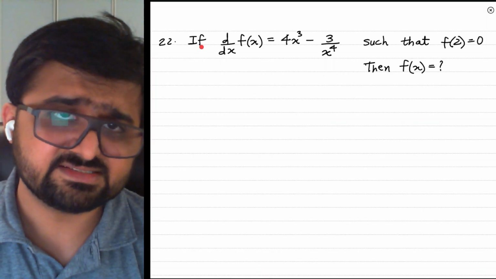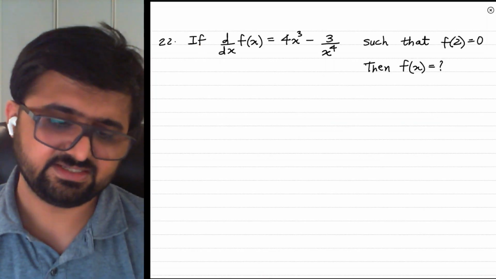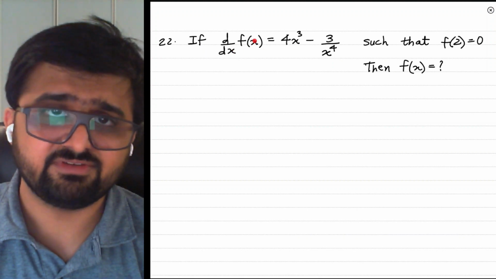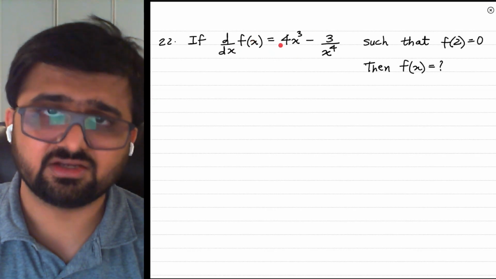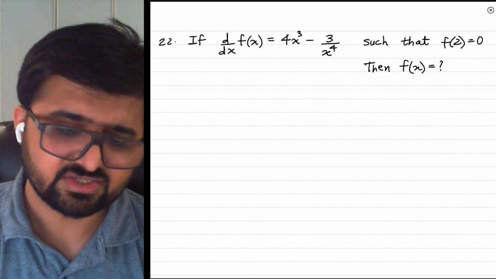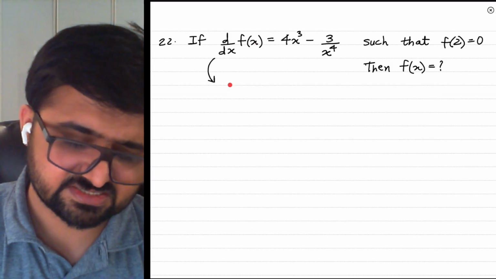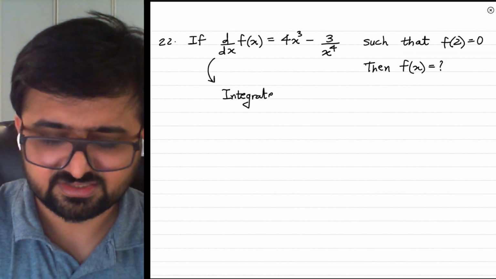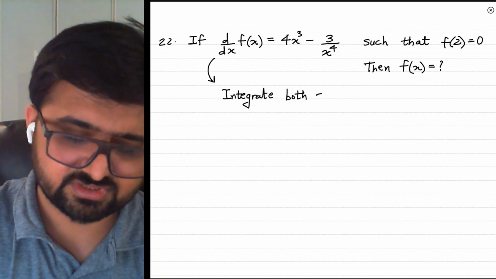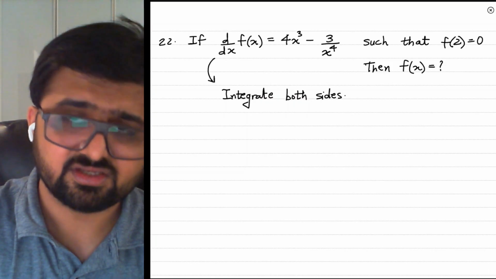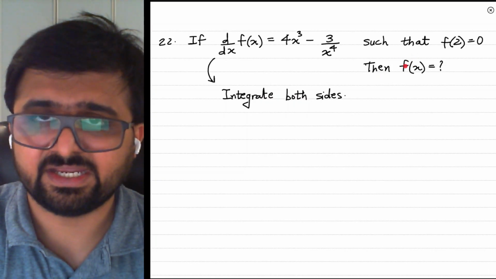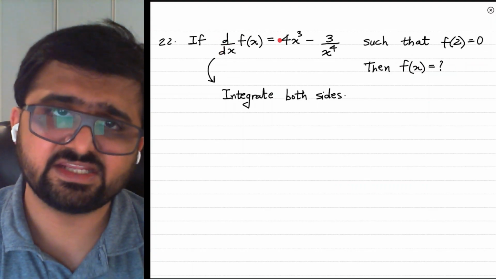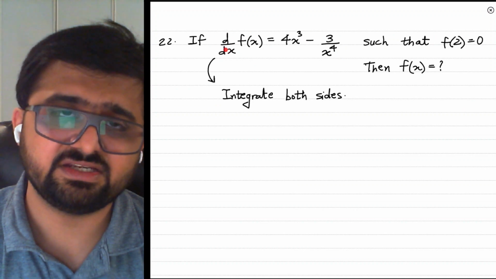They frame it a little different here. They say derivative of f of x is this function. Now we know if derivative of f of x is this, integral of this function is nothing but f of x. In other words, simply just integrate both the sides. In order to start solving this, integrate both sides. Since we want to find f of x in the end, we want to get rid of this derivative. To get rid of that derivative, just integrate both the sides, because the derivative and integral will end up cancelling